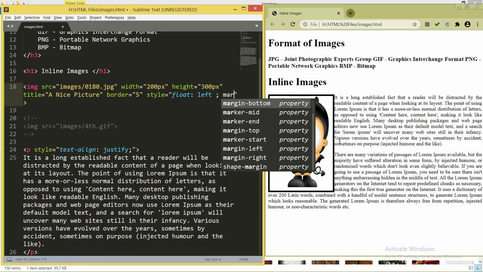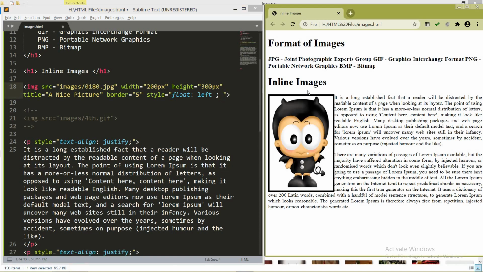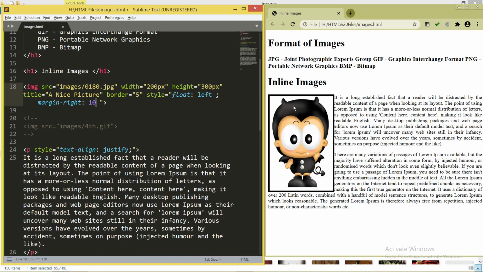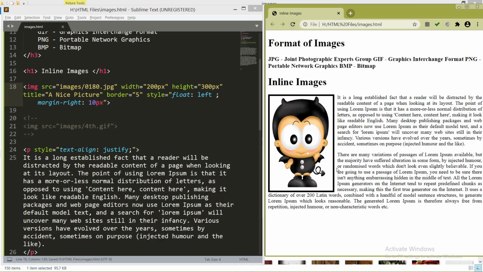See, margins we have, they are of 4 types. If I talk about margin, it is 4 types: this is margin top, this is margin right, this is margin bottom, and this is margin left. And I want to place the margin to the image from the right direction. So it means I have to use the property margin right. This is the property margin hyphen right, and write the dimension 10 pixels, whatever spacing I want to set. Save it, and just refresh the page. You can see it will give a 10 pixel spacing over this particular right direction.